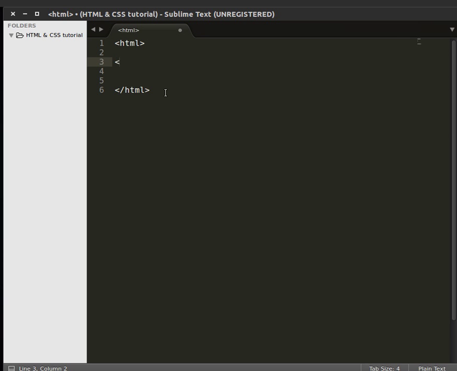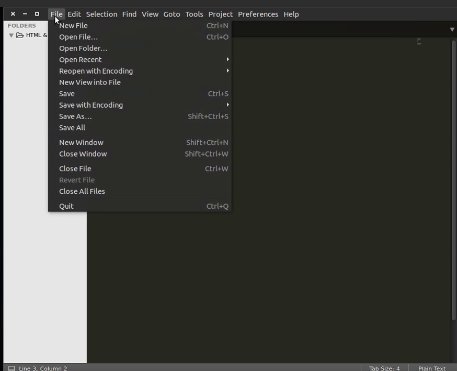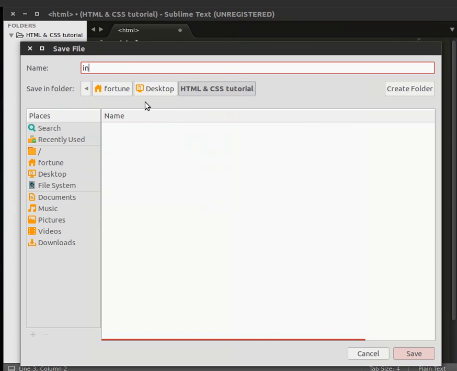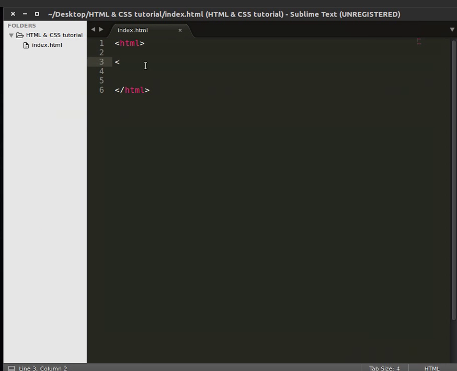actually, before we continue this, we have to save this file as an HTML file. We have to tell the computer that we're making an HTML file. So now we do save as. You can go ahead and save. And I would like you to save it as index.html. It's always good to save your files as .html so the browser knows that the file it is about to read is an HTML file. So you go ahead and save that. And you see the syntax colors have just